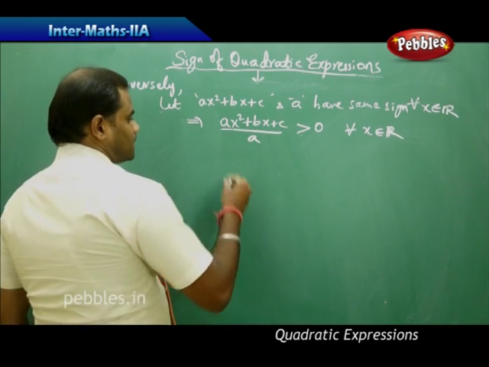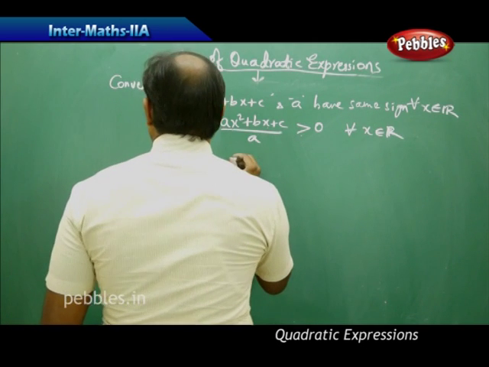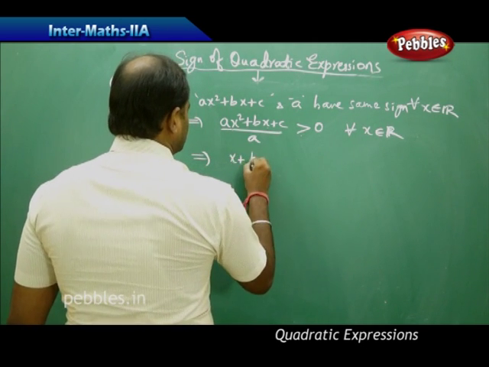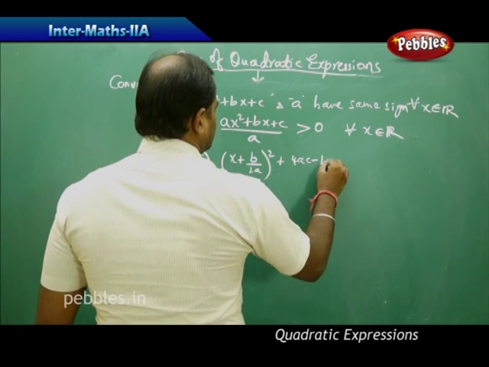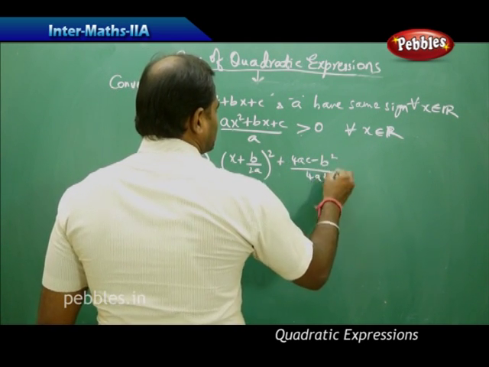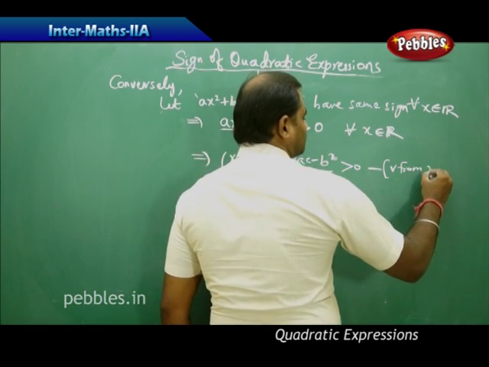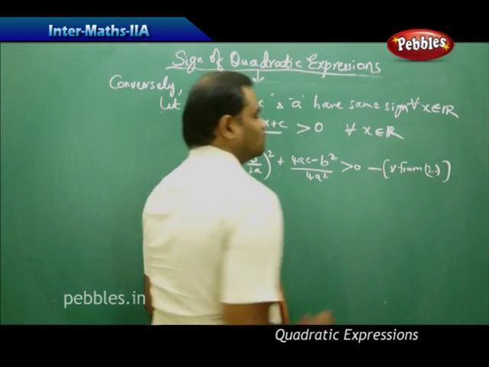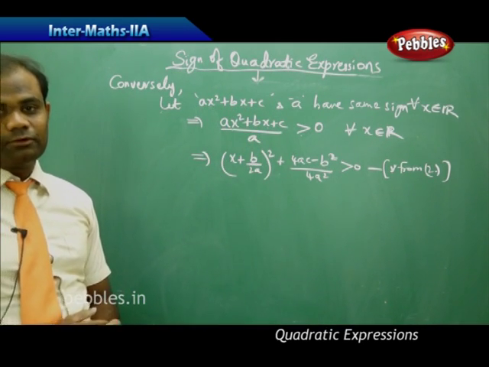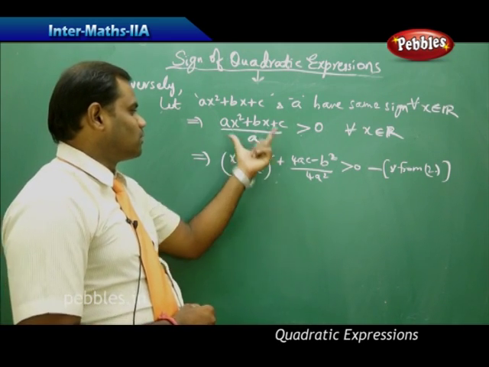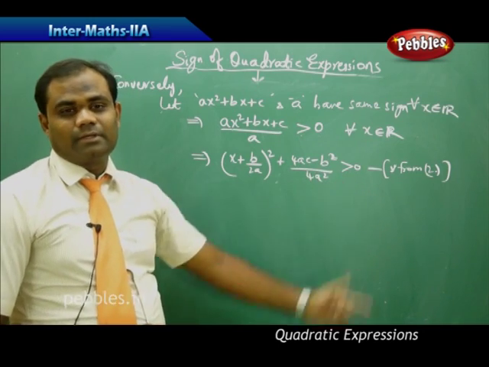0. Now, as we know that this has already been simplified from equation 2 as x plus b by 2a whole square plus 4ac minus b square by 4a square, which is greater than 0. This is purely obtained from equation 2, which we have already derived in its perfect square form. So therefore, substituting this for this from equation 2, I get the entire term greater than 0